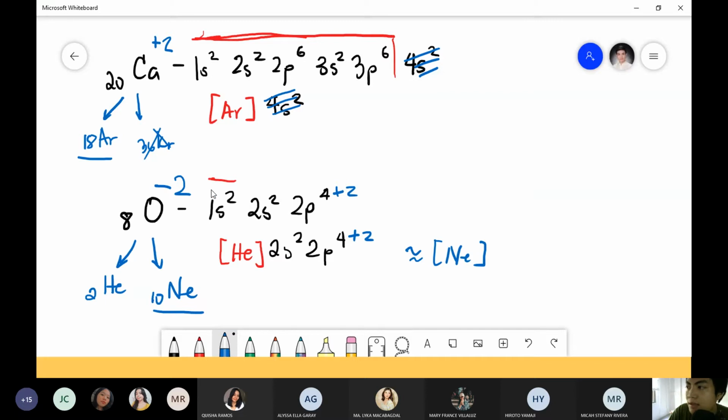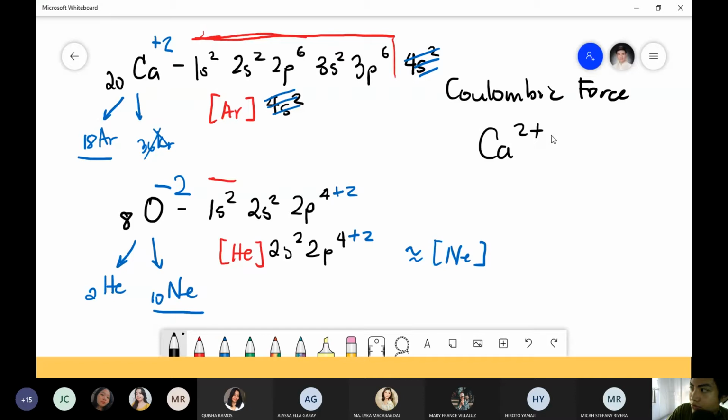Okay, bakit negative 2 charge? Negative 2 because it gained 2 electrons. And again, just like sodium and fluorine, they will combine by virtue of Coulombic forces. Coulombic force will tell us that positive particles are attracted to negative particles. So that's why calcium 2 plus and oxygen negative 2 will combine to form the formula